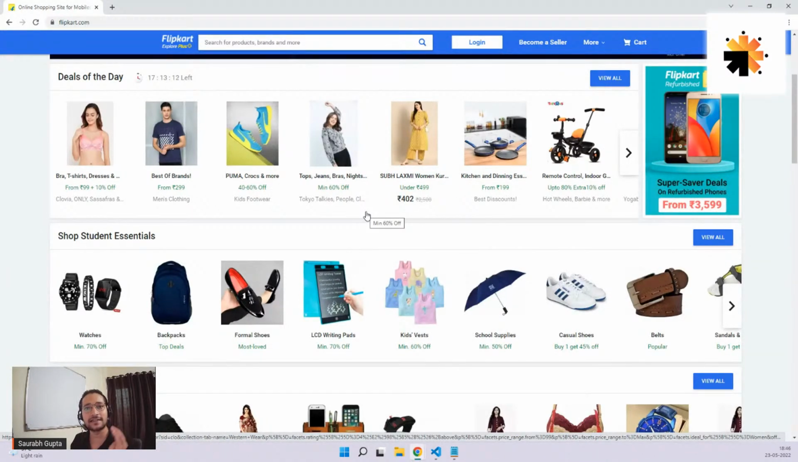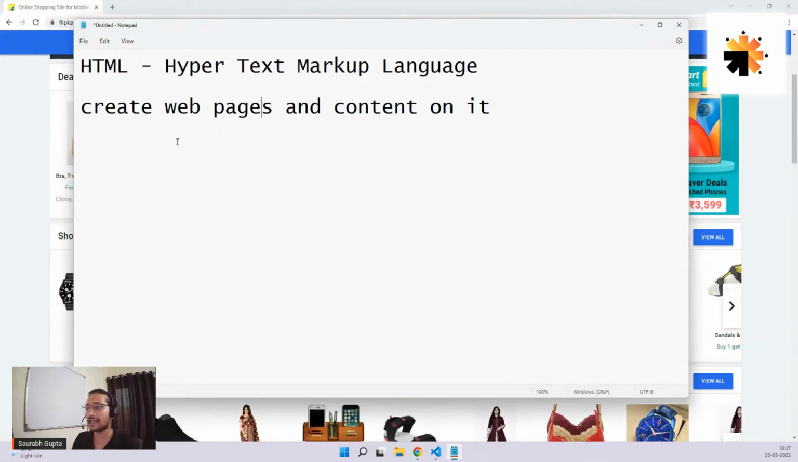HTML is the language that is needed to create this web page as well as all the content that you see on this page. That's what HTML does. That's all, guys. Simple. So HTML is a language that helps you to create web pages and put content on it. And when I say content, it can be text, images, audio, video,